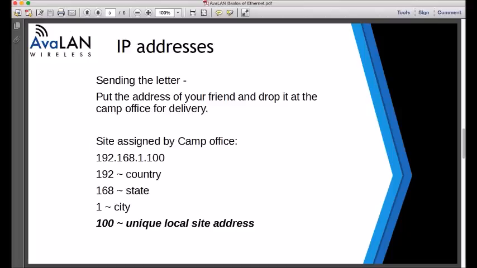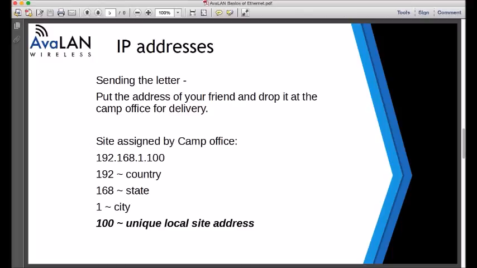So my favorite way of looking at it is if you have a campground, and let's say you have 20 RVs, and you just want to mail a letter to a friend that happens to also be at the RV park. Now, you don't maybe know which, well, you know their site and all, so you put it on your letter, and when you drop it off, you walk it over, in this case, over to